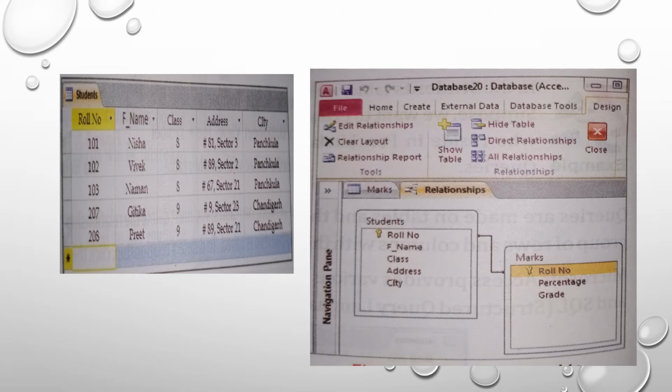A query is like a simple question that we ask to find specific information from the database. Similarly in Access, when you build a query, you are defining specific search conditions. You can use queries to view, change, summarize and analyze the specific data in different ways.